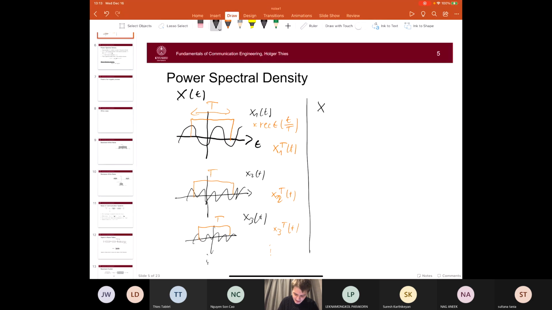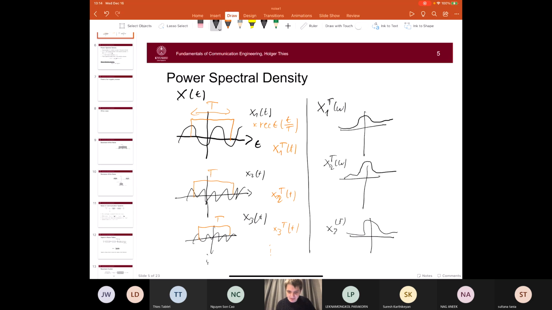So here we get capital X1 T of omega, which maybe looks somehow like this, and so on. For the other ones, we do the same. So we get Fourier transforms here, and then what we do, instead of just taking the Fourier transform, we look